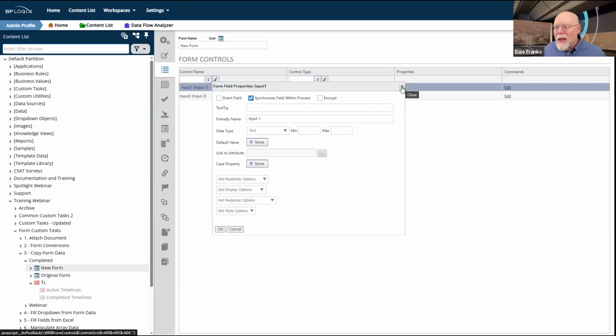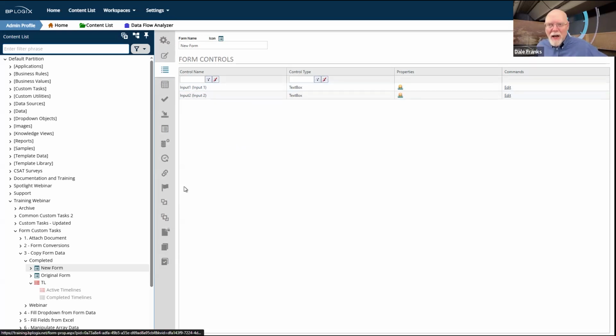Synchronization would only work if you designed your forms specifically for synchronization, which is to say, I've got a form field named X in my parent form, and I have to have a form field named X in all of the other forms that are going to share a process with this original form. If I can't do that, or I have forms that have separate field names, then field synchronization won't work. So if I design for field synchronization, I don't have to use the copy form data at all usually. But in most cases, if I'm calling secondary processes, the field names will probably be unique.